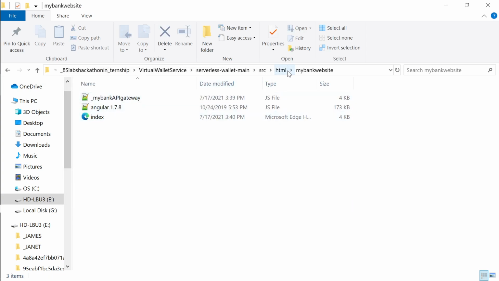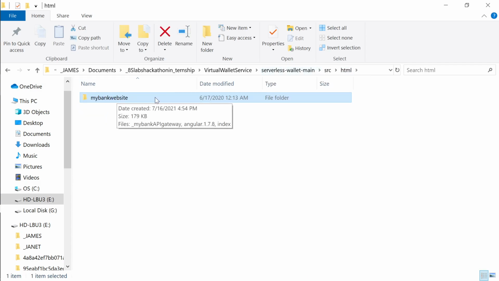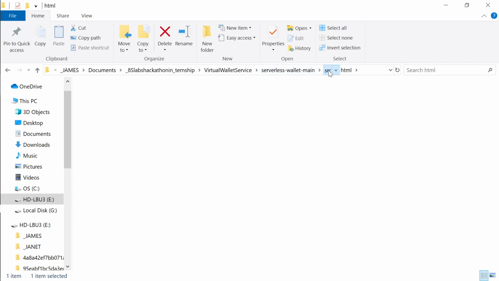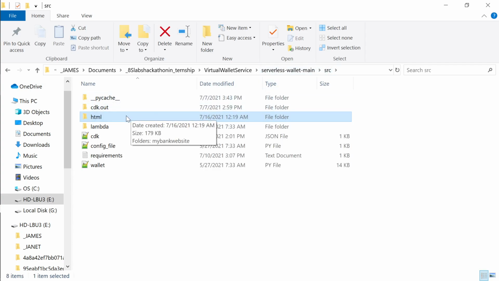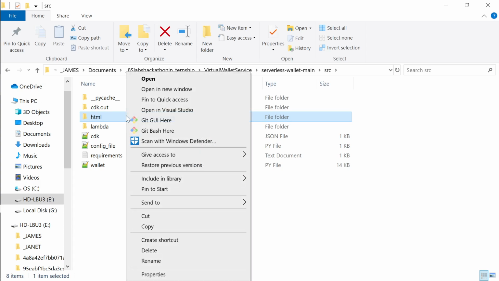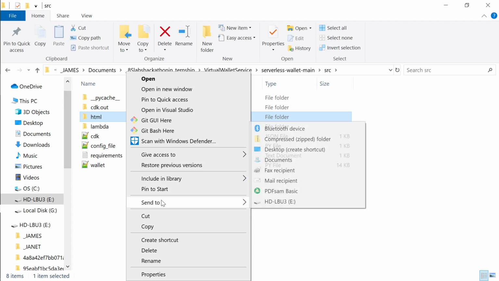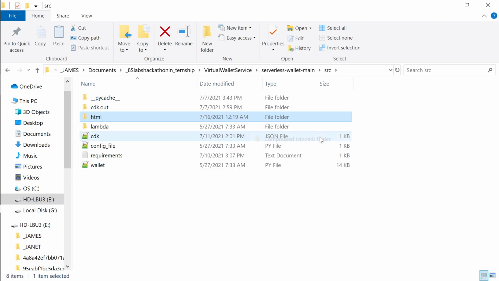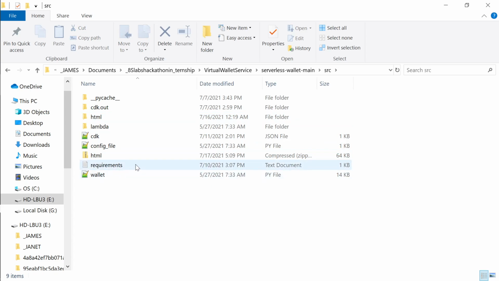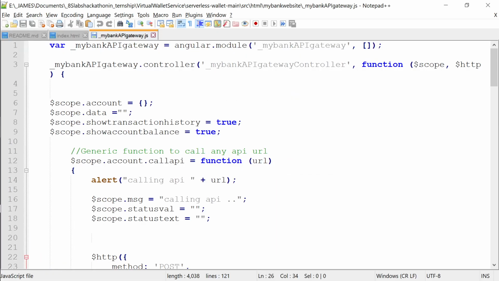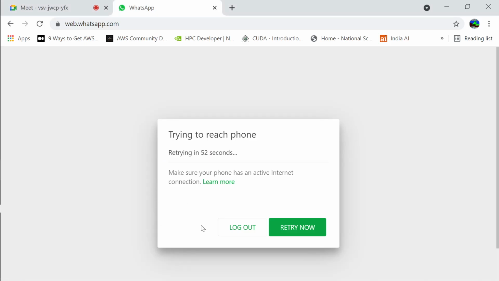Okay, so you just require my bank website, these three files, which shows you all the code and which is there in the HTML folder. So this HTML folder you can put it in your wallet. While you're uploading your code, you can have this folder or yourself zip it. Okay, where is the zip? Send to compress zip. Right, so zip is over here.